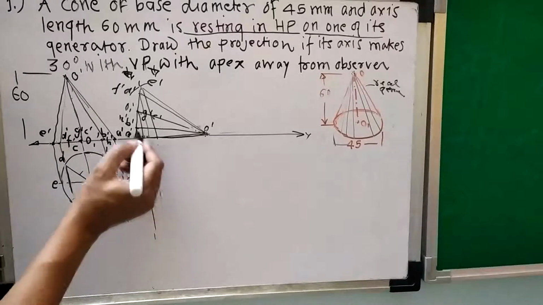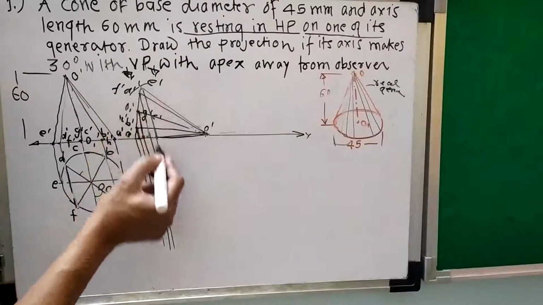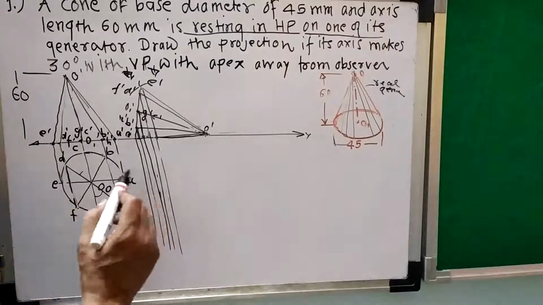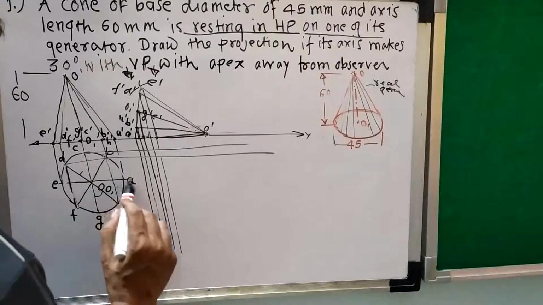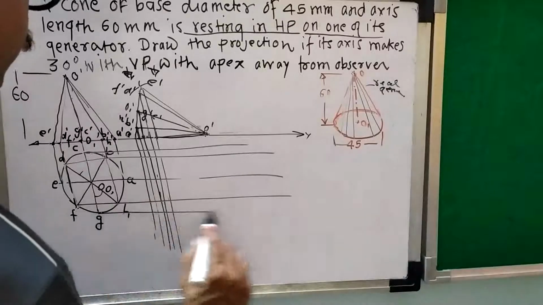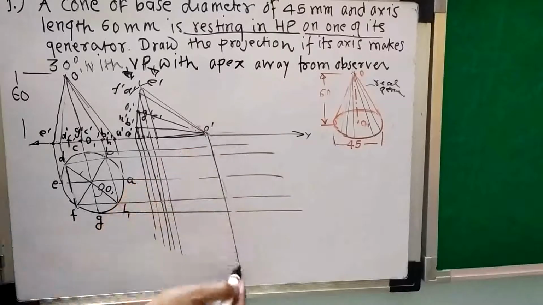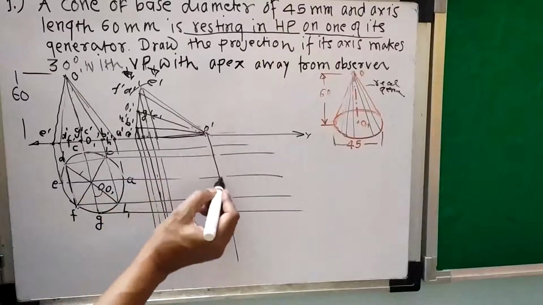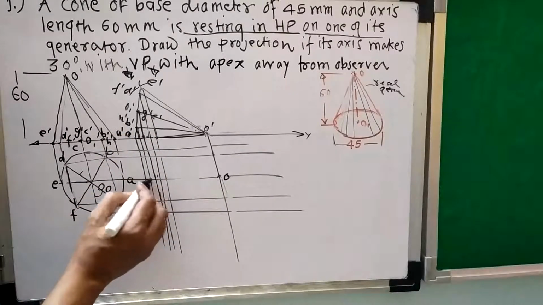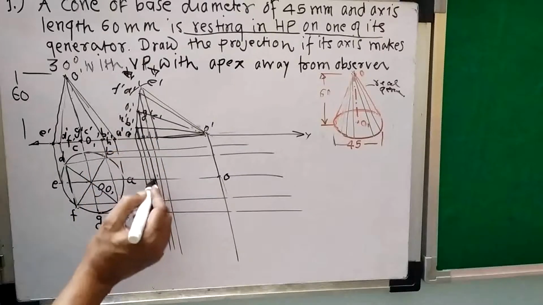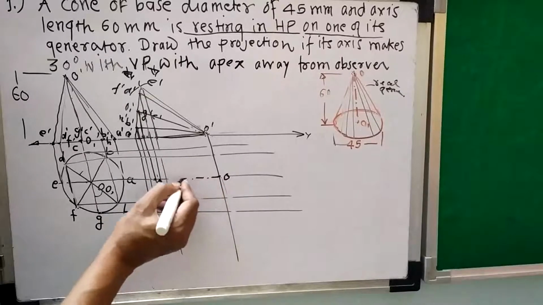So from A dash I have drawn projector, B dash, A dash. Then from this I will draw projector. From this I have drawn projector, and from this C I will draw projector, D and E, D and B, E and A, F and H, and G, and then from this O. Now I will join this. So I will take O with O. So this is O point, and this is O1 with this O1 base point. So this is my axis.